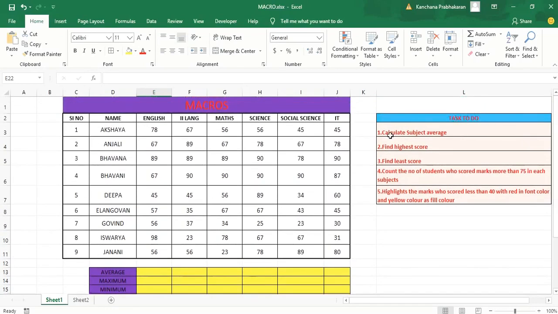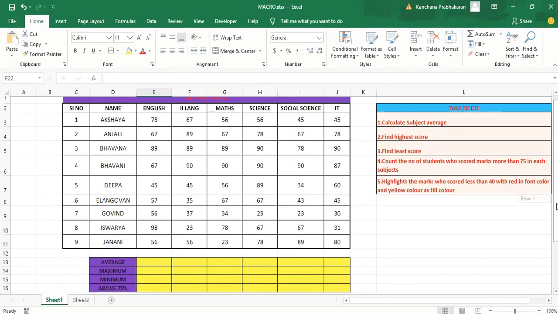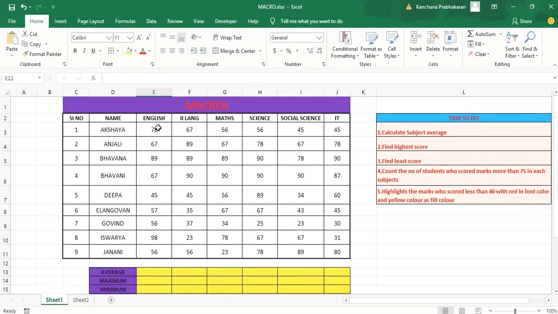The tasks are: calculate the subject average, find the highest score, find the least score, count the number of students who scored more than 75 marks in each subject, and highlight the marks of those who scored less than 40 with red font color and yellow fill color. To create macros, first select the cell that holds the first value in the list of marks.